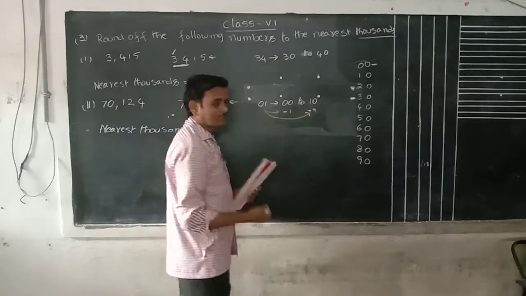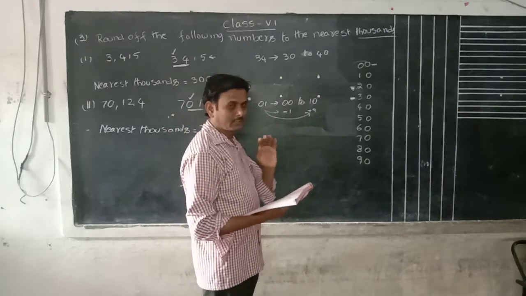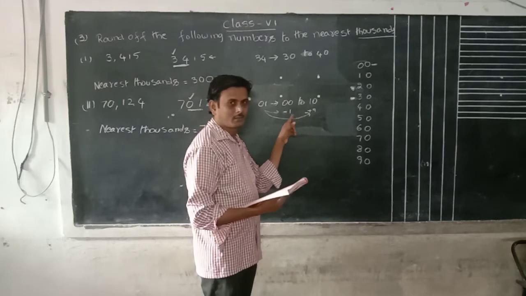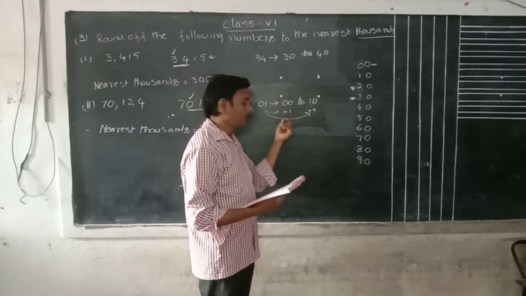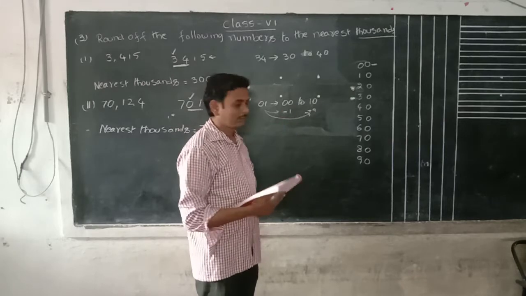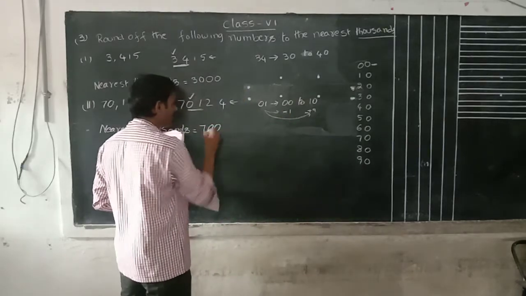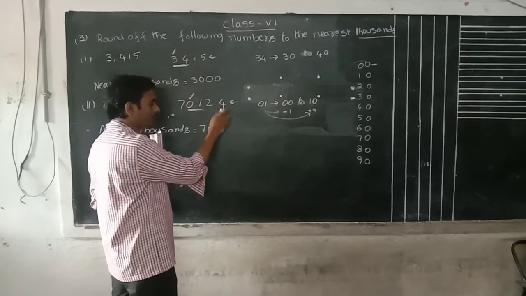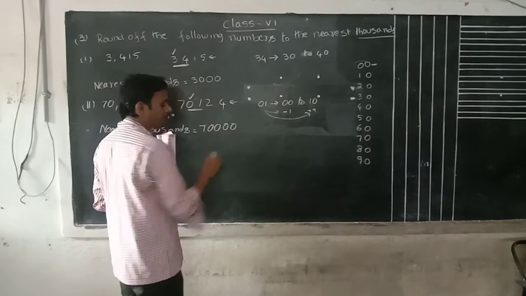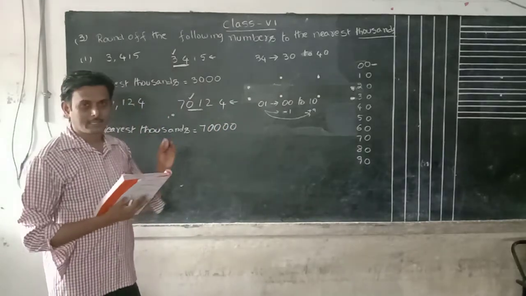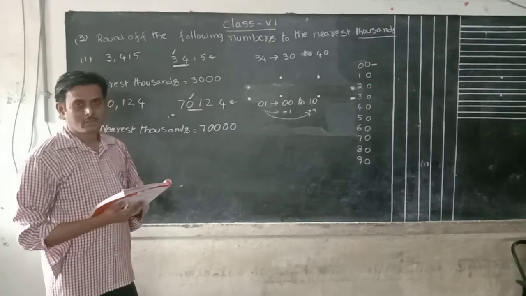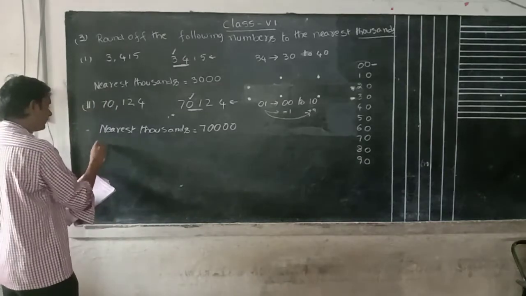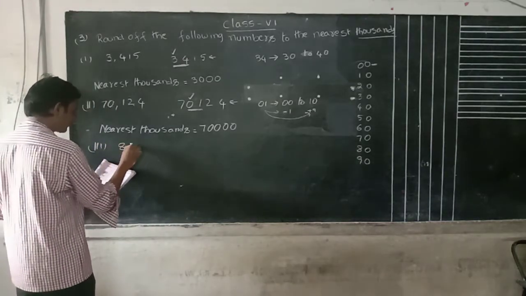Don't take minus and plus; compare by comparing. Here the number is 9. Here the number is 1. Which is closer? Which is smaller? 1. That is closer, or nearest. That means 0, 0 is nearest. The underlined number is followed by 2, 4; instead of 2, 4, we can take 2 zeros. Always write zeros. The number of digits after the underlined number is the number of zeros we have to write while writing the result. Similarly, you can complete these 3 and 2 sums also.